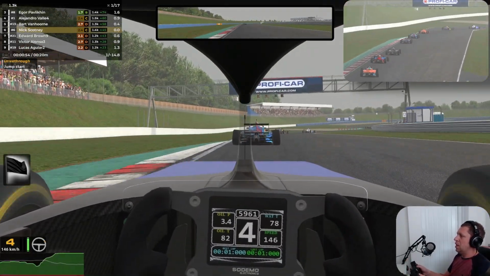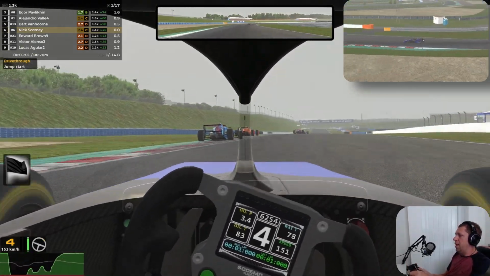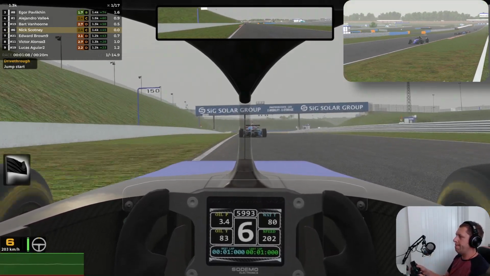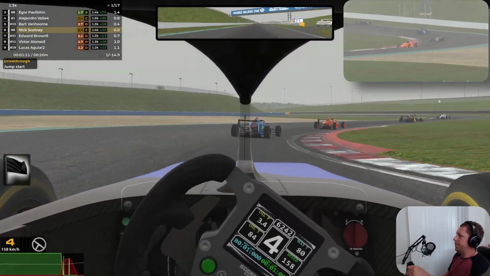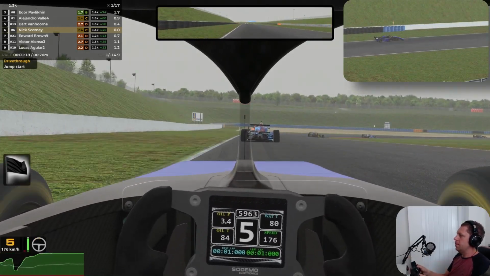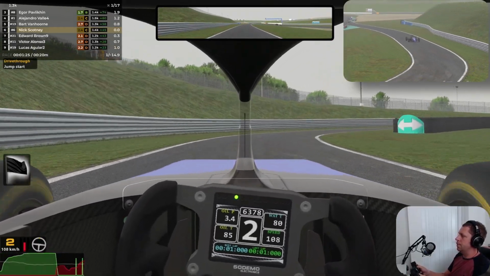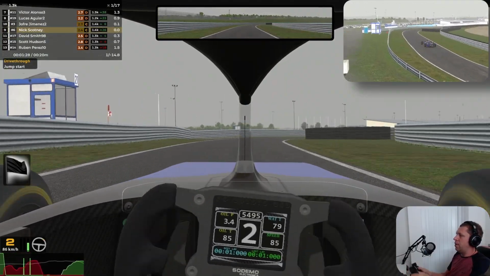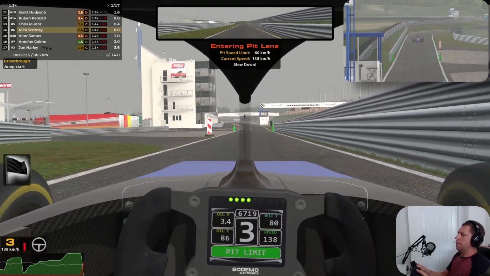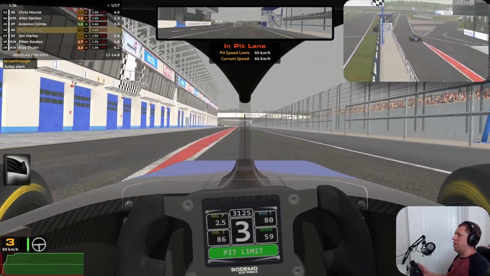Take our drive through. See what we can do after that. New PC. First time driving this car off the grid. Never thought to try to calibrate my clutch. I hate this pit lane as well. It's very narrow. Alright, we'll take a drive through. We're probably going to be right at the back here, but...